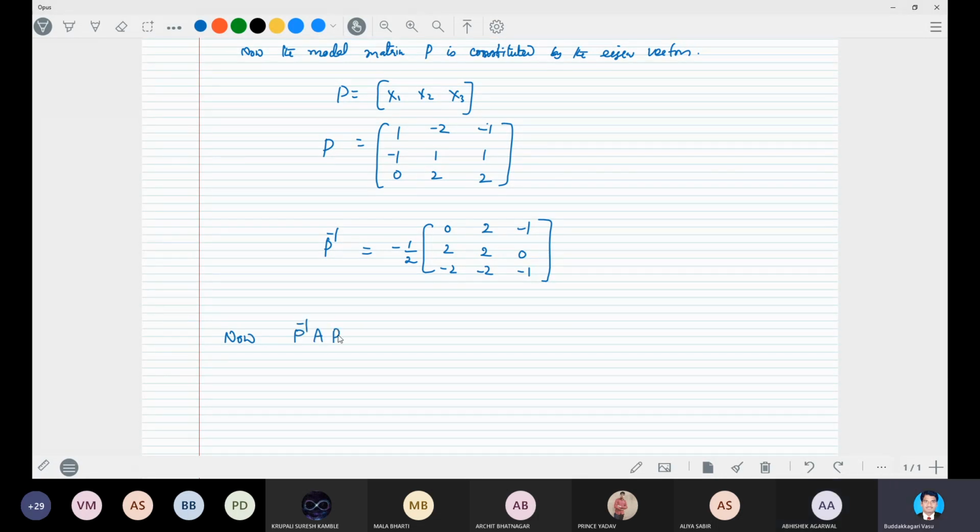You find out this P inverse AP and show that it is equal to the diagonal matrix with the principal diagonals being the eigenvalues. Then we can say that P diagonalizes the matrix A. Then A and the diagonal matrix D are similar. To find out P inverse AP,